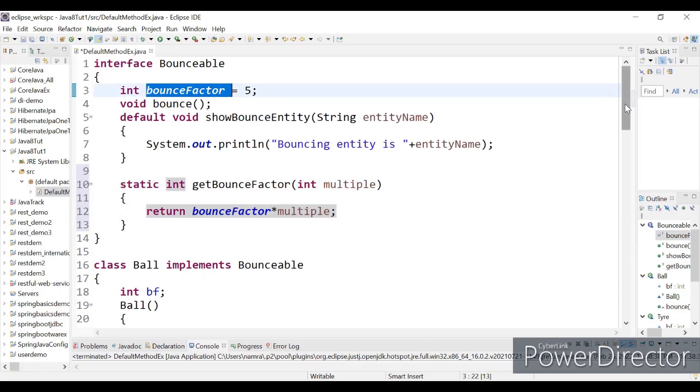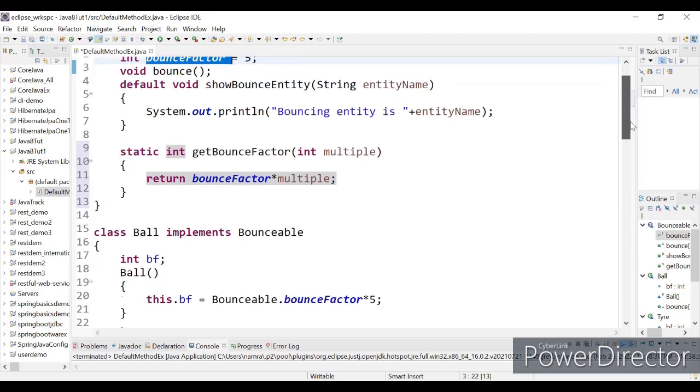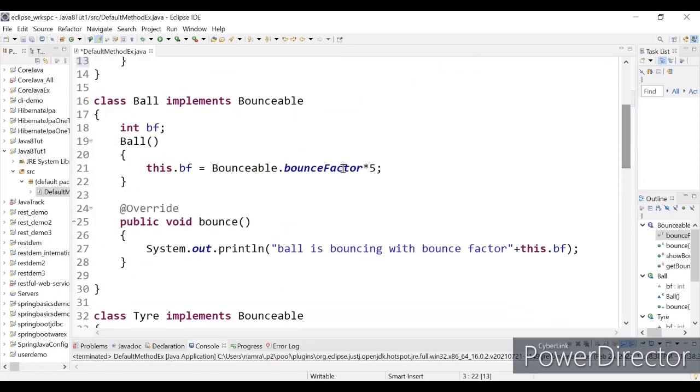So this is a static method, and it belongs to Bounceable. And in class Ball, what will happen if you want to use it over here? What you can do now, you need not say Bounceable.bounceFactor * 5 over here. No need of multiplying it with 5, because we have added a static utility method for that, getBounceFactor, right? So we can end up using that. So I will just comment this out.